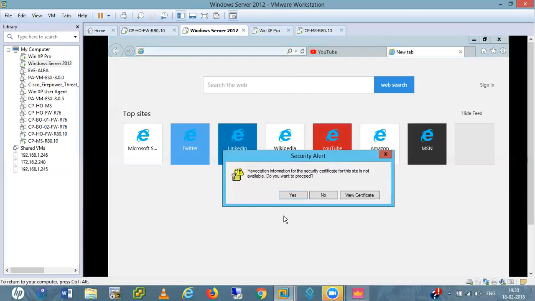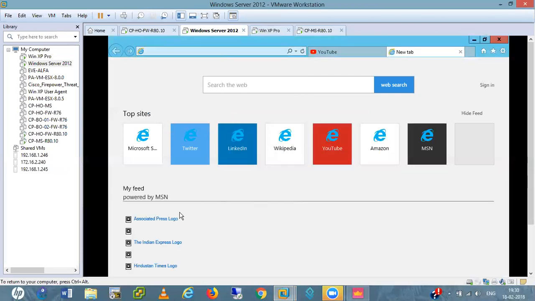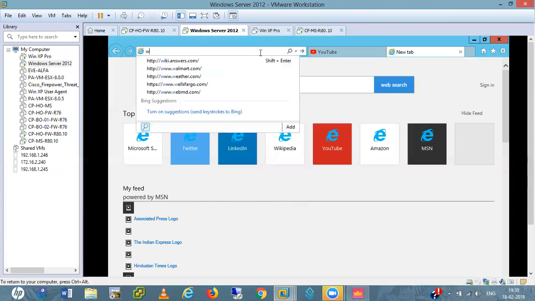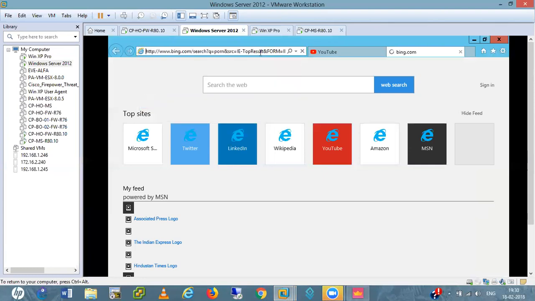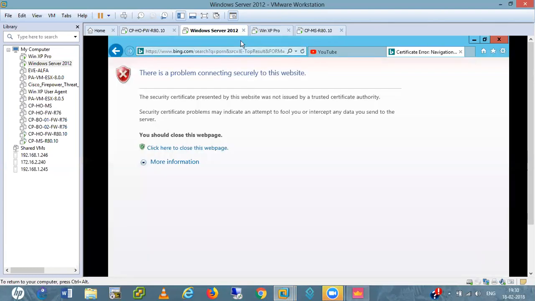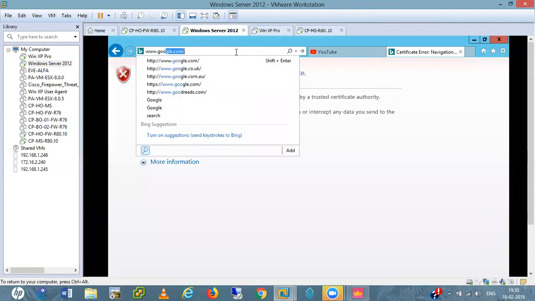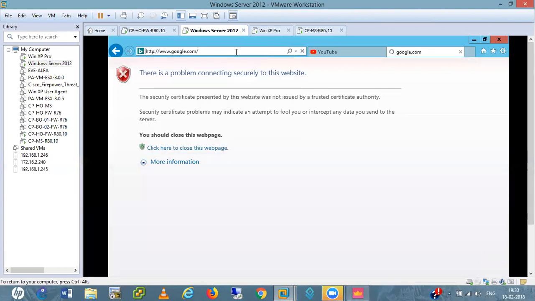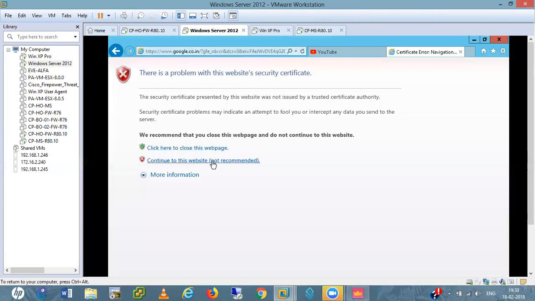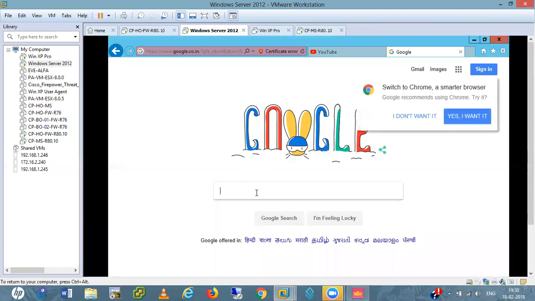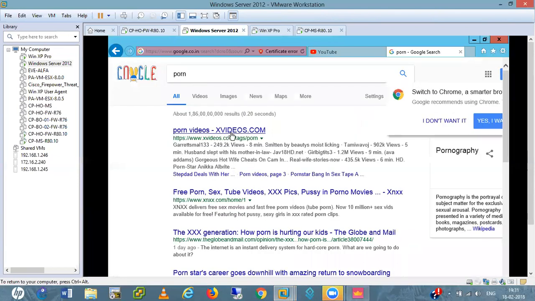Typing www.google.com, here I am getting this error. So let's continue to this website. If I type the word porn here, I am able to do it.